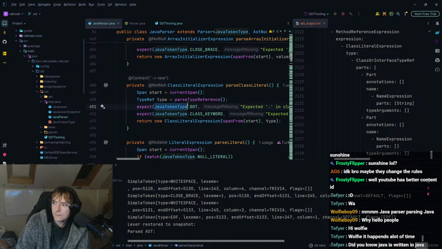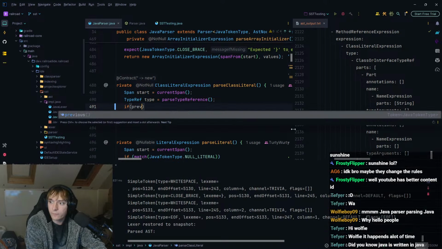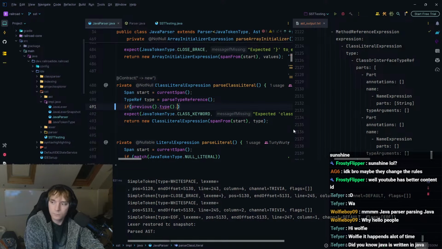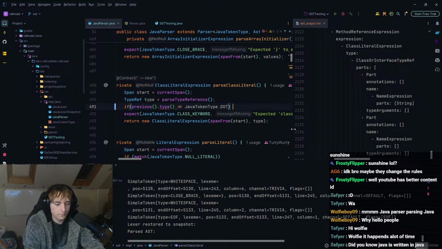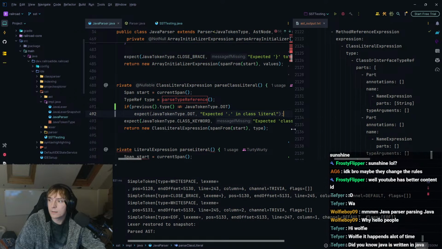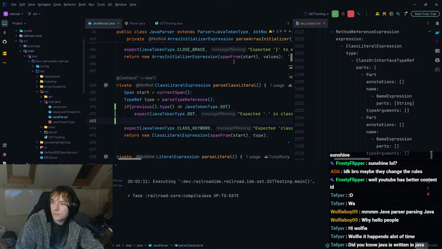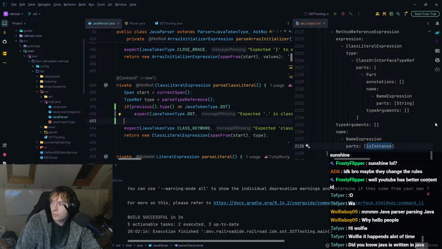That expects a dot, but we could also just do if previous dot type is not equal to dot, then expect a dot, basically, which I think is fine. It's maybe not perfect, but I think it's fine.